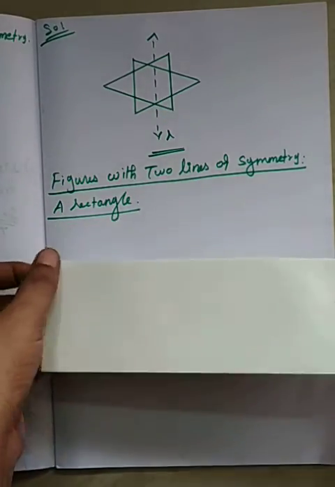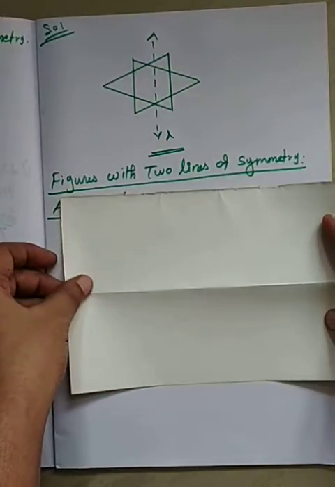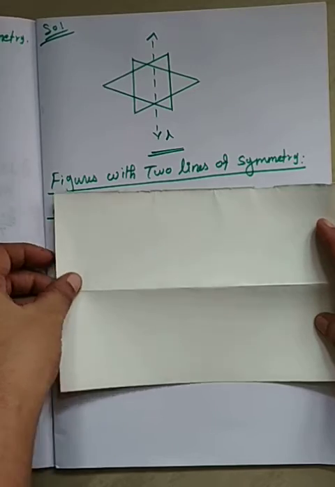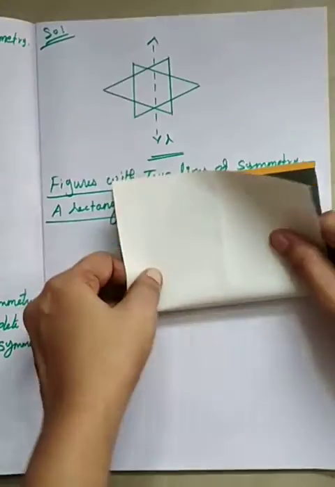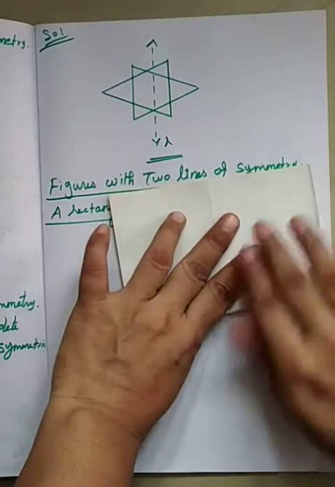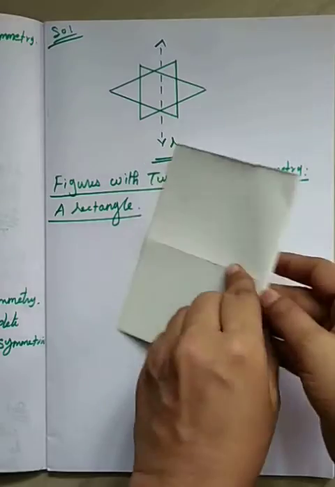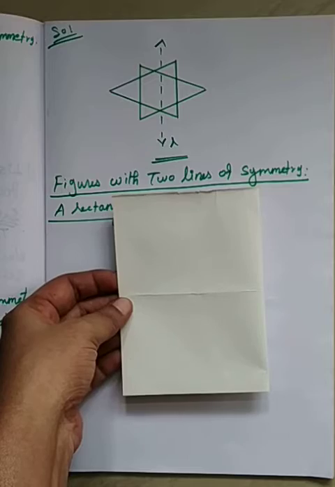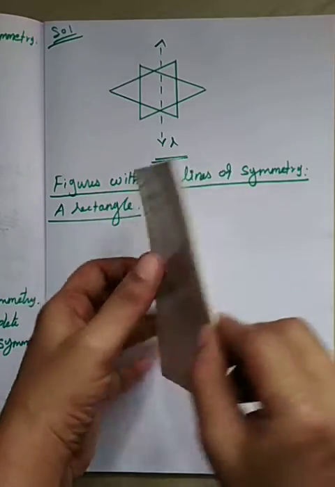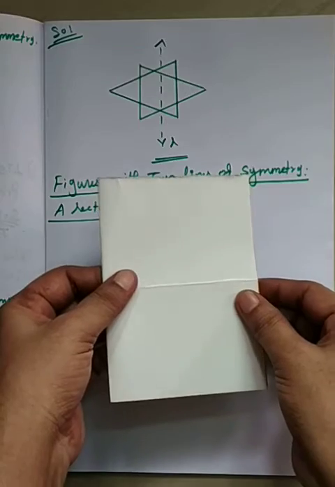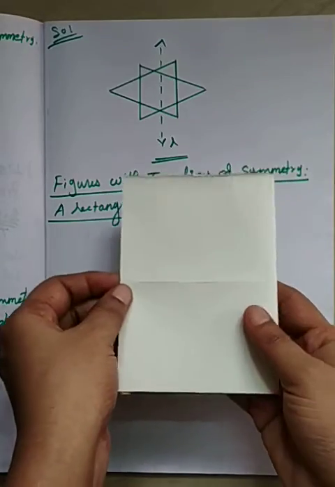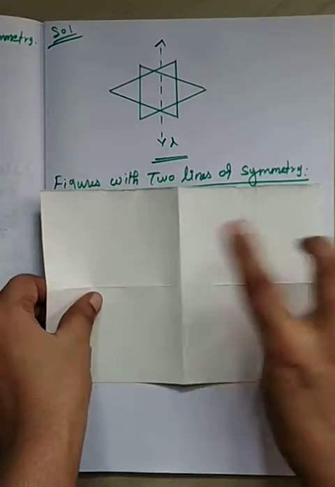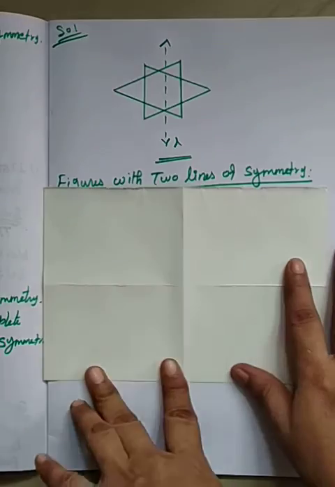Okay, open it up now and again fold on its width in the same way. Okay, is this second fold also a line of symmetry? Yes, this is also the mirror concept. So do you find that these two lines are lines of symmetry? Right, see here, these are all symmetric.